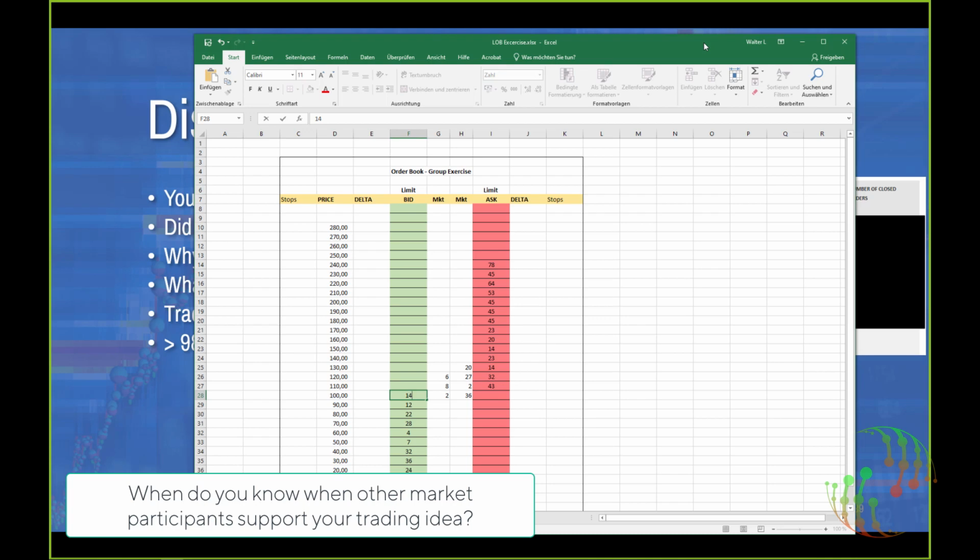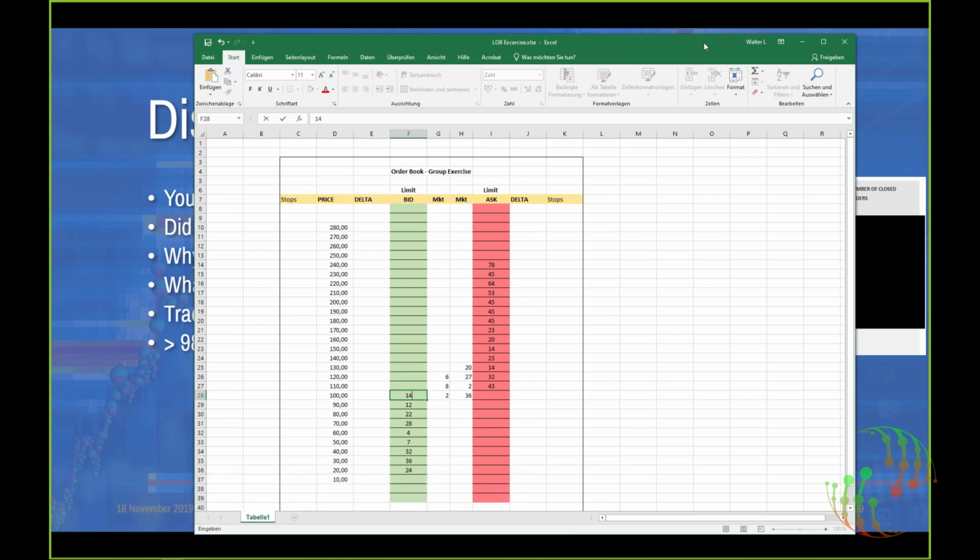Because in order to be a buyer, I need a crowd behind me who is willing to buy. And on the other side, if I'm a seller, if I'm just looking at the ES today, I need the crowd behind me to support my idea and to sell with me. That's an absolutely interesting question. Do we know the other